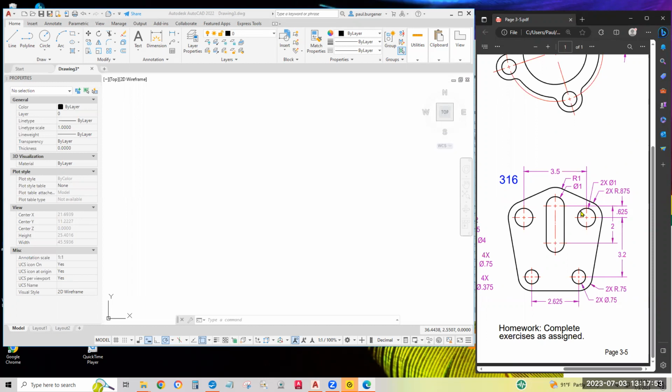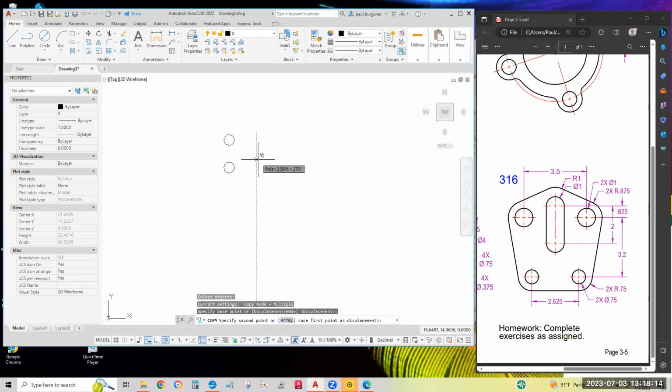It is possible to do it in one step, but I don't think students really get taught that well enough. Let's draw a circle center diameter, pick a point, and this is a 1-unit diameter. Copy this guy straight down 2 units. So 2 units straight down. We'll make another copy of it. Half of 3.5 is 1.75. So we'll copy at 1.75,